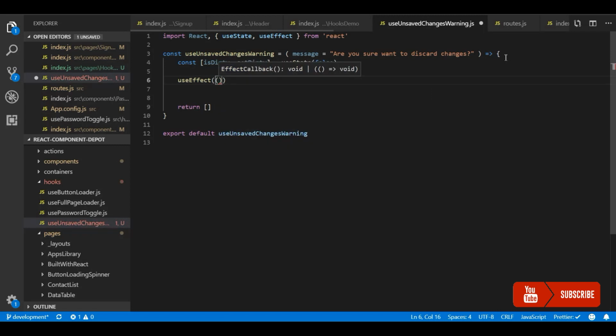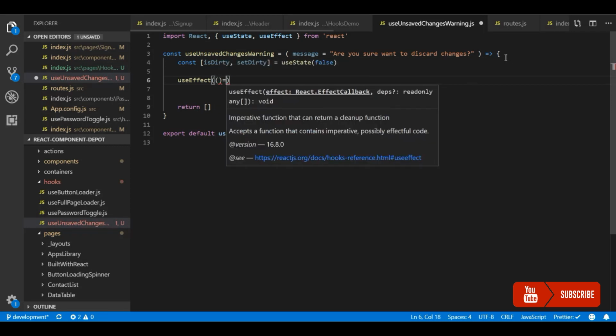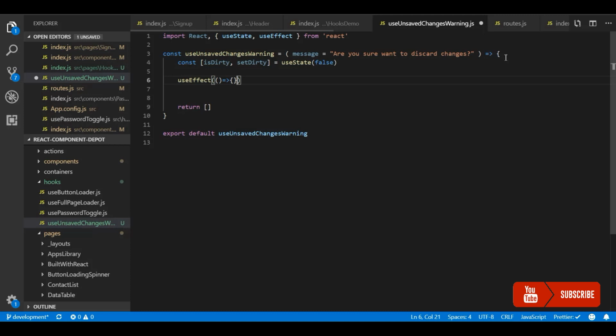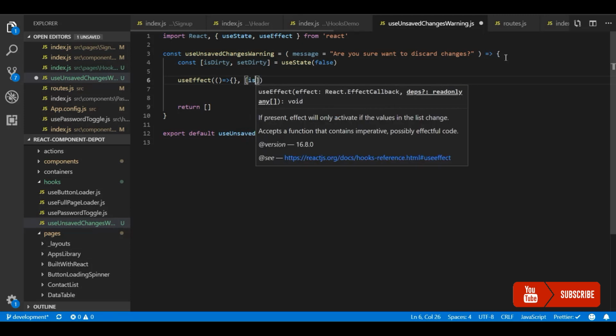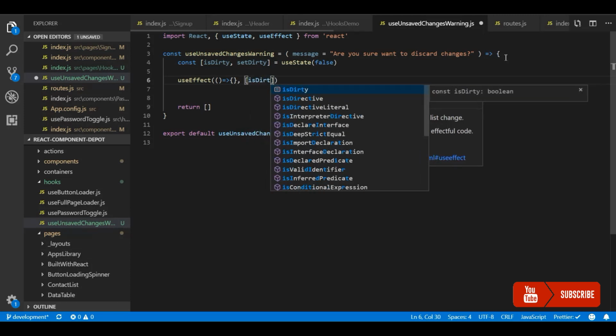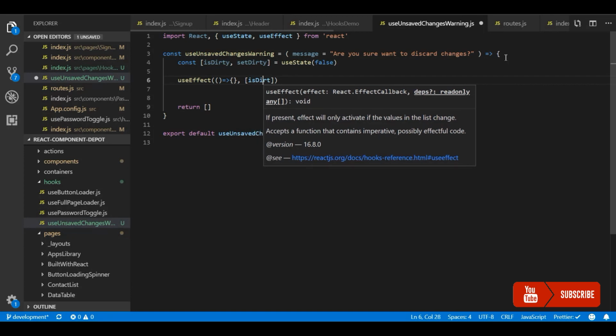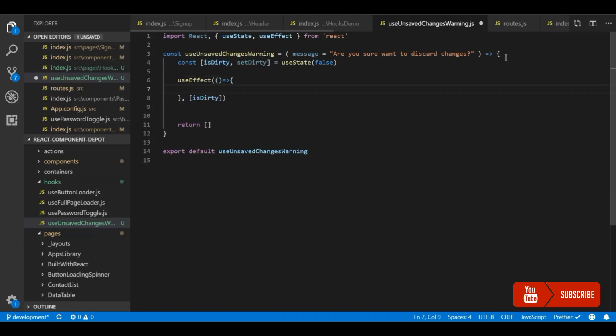So for this, first let's use the useEffect hook. Whenever this data changes, there are two actions, as I said before. One is the browser close event, and the other is internal navigation between the other menus or routes within our application.